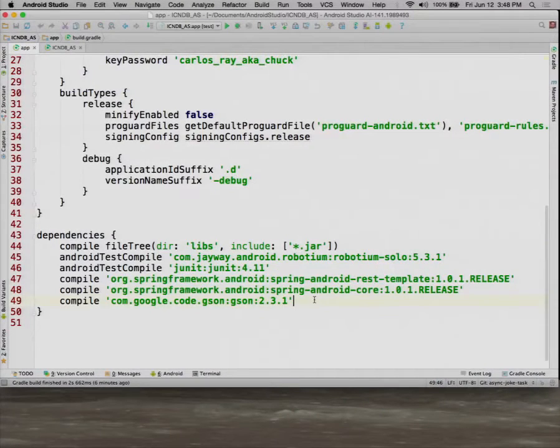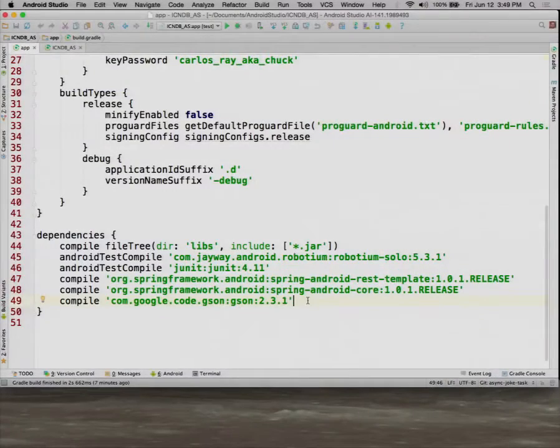Also, when you use Spring's REST template, it asks you which library you want to use to do the conversion from the JSON into the Java. And they support Jackson, you know, the Jackson JSON library. But I'd still have to add that as a dependency. So instead, here's where I use Google's JSON parser, again, to convert from one to the other. And this will come up again when I show you about testing.